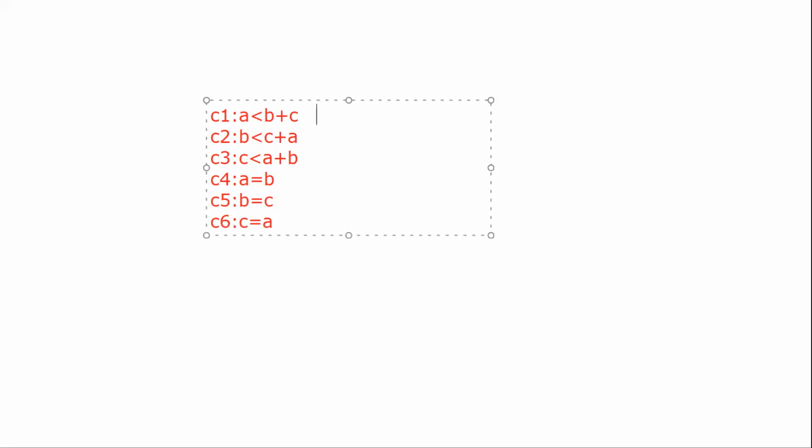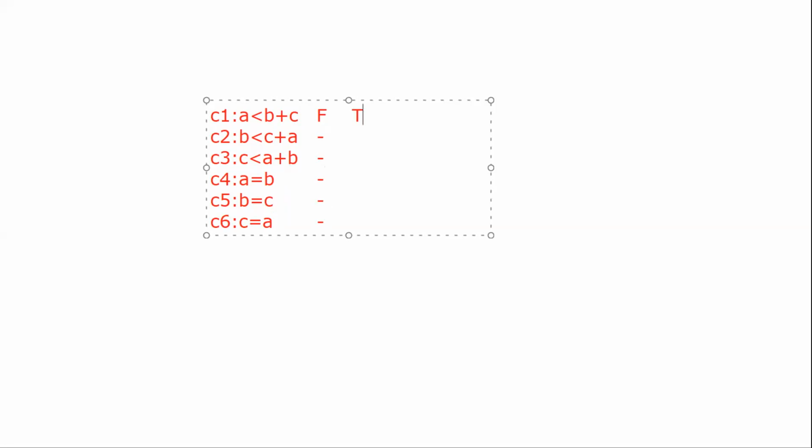Now, based on this, how many rules do we need to have? We need to have 64 rules. Out of these 64 rules, I'll make the first condition itself false. Irrespective of whether the remaining conditions are true or false, if the first condition is false, that means A itself is not less than B plus C, then there is no need to worry about the rest of the conditions. It says it cannot form a triangle. Understood? So similarly, the next one.